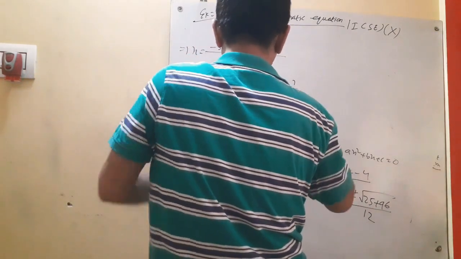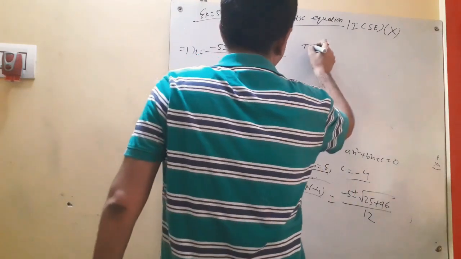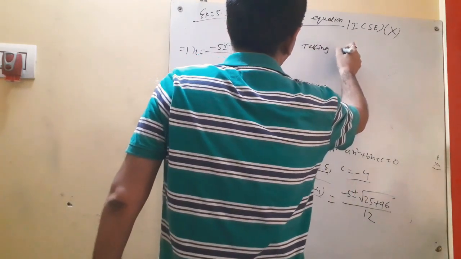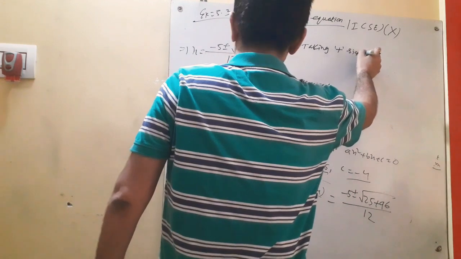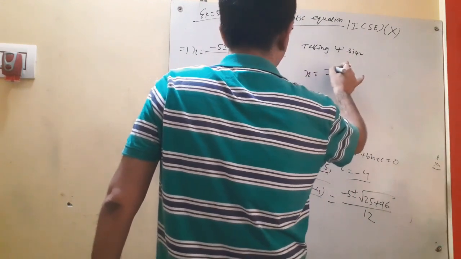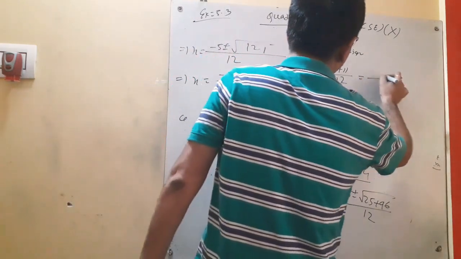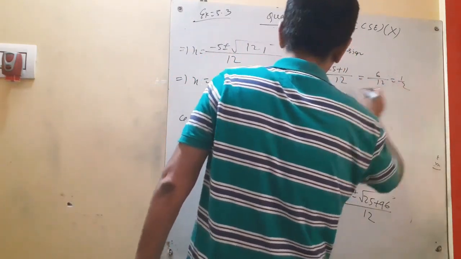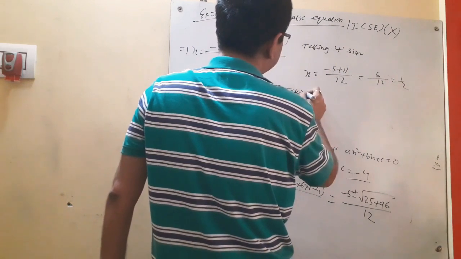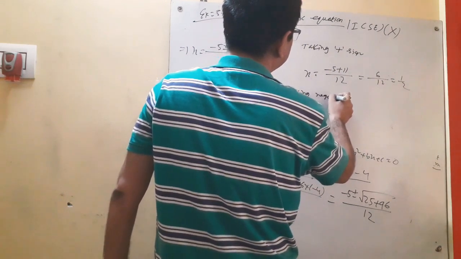Now taking positive sign, x equal to minus 5 plus 11 by 12, that is 6 by 12 equal to half, and taking negative sign,